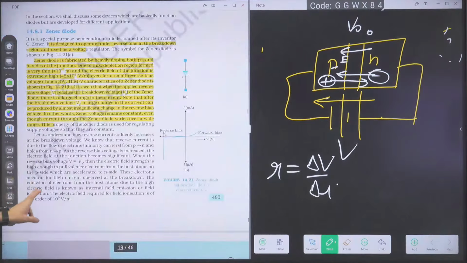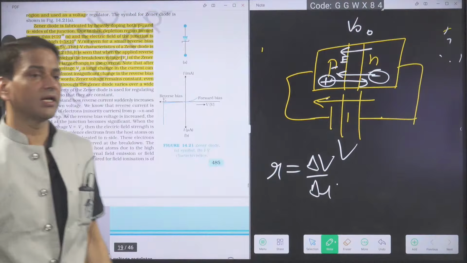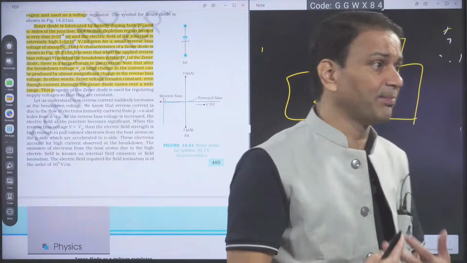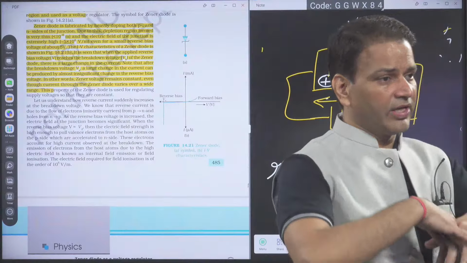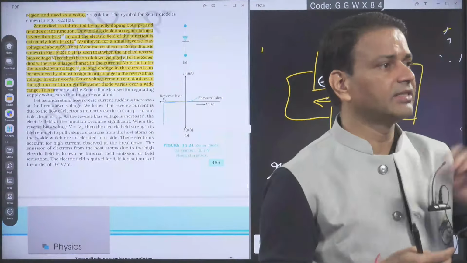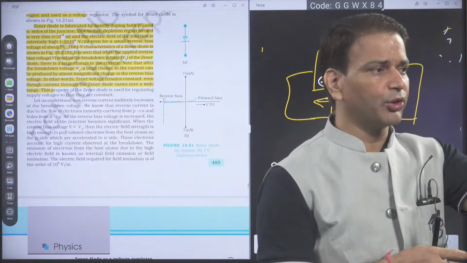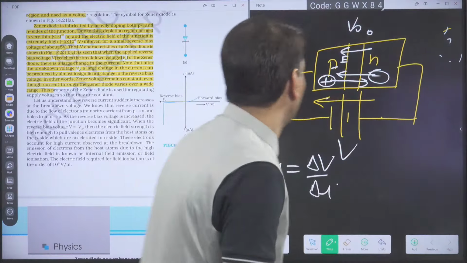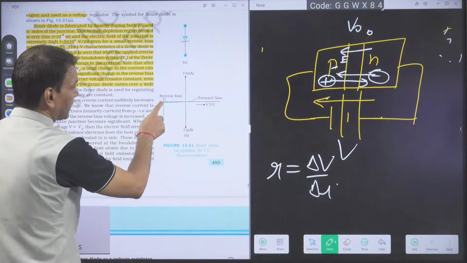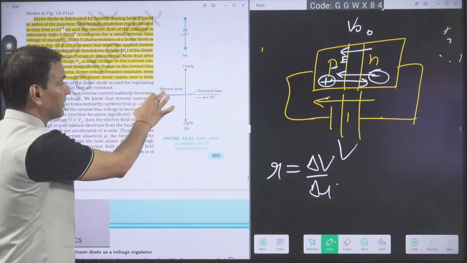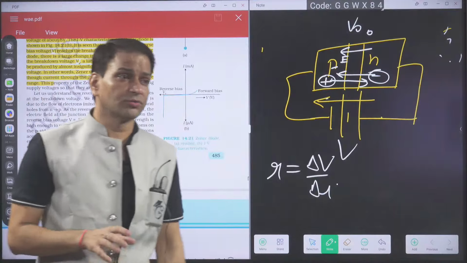Zener diode. Zener is what? It works in the reverse bias only. That is a breakdown. Basically, what is the purpose of the Zener? We are operating it in the breakdown. So for a Zener diode in the reverse bias, when the breakdown happens, the potential does not change, but the current can have any value. You can see the graph also. At reverse bias, when the breakdown occurs, it can have a large range of current, but the potential is constant.